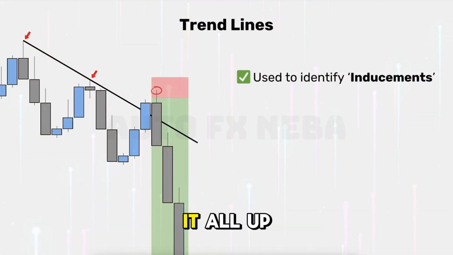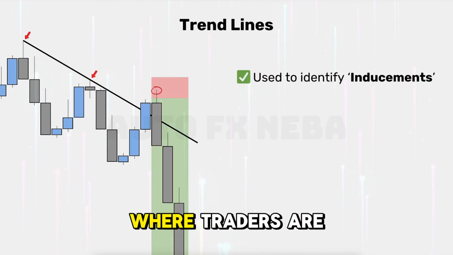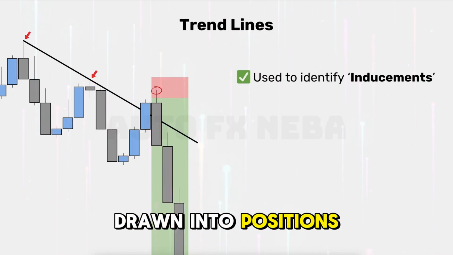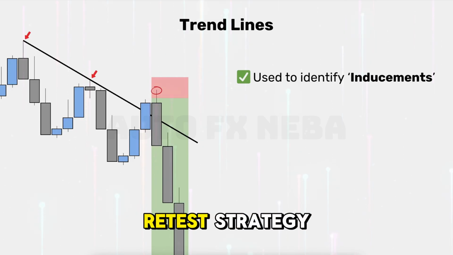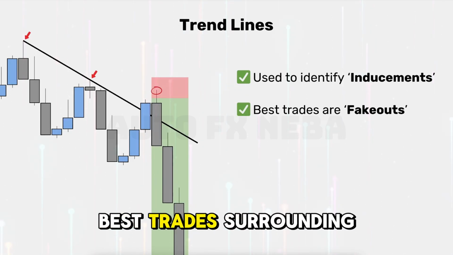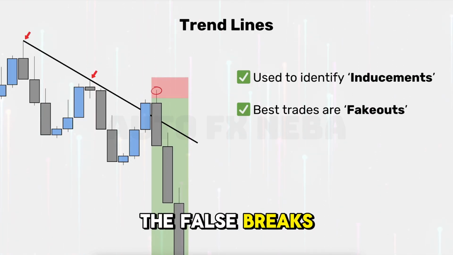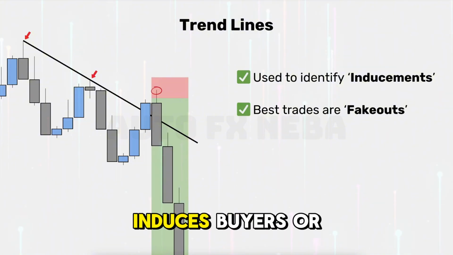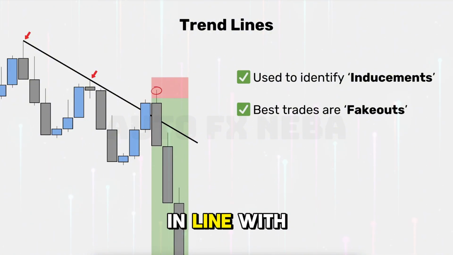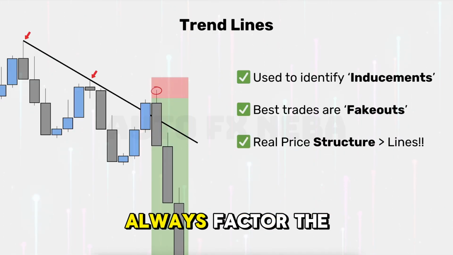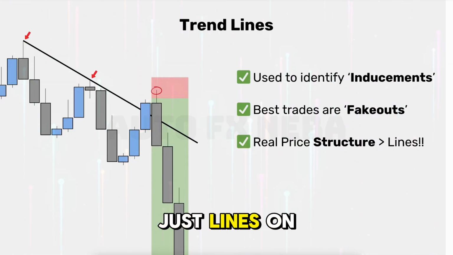So to round it all up, trend lines are best used to identify inducements where traders are going to be drawn into positions rather than actually buying or selling from the retest or the break retest strategy. Many of the best trades surrounding trend lines are, in my opinion, the fake outs, the false breaks, where the market looks like it's broken, induces buyers or sellers, and then reverses completely and continues moving in line with the trend. And you should always factor the real price structure of highs and lows instead of just lines on a chart. Now,